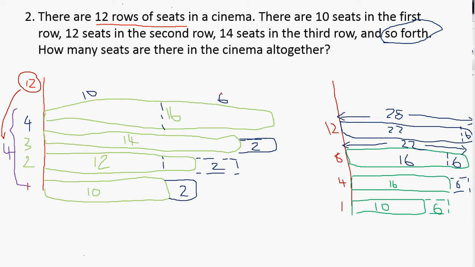So I have 10, I will have 10 plus 12 plus 14, okay, plus 16 plus 18 plus 20 plus 22, then plus 24 plus 26 plus 28. True? That is what altogether means, right? Correct? So equals to,